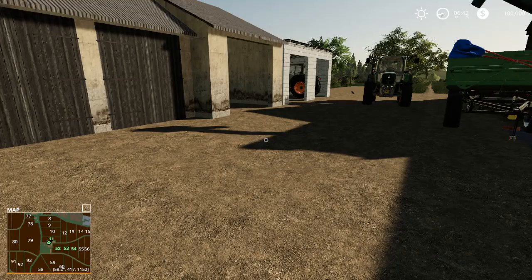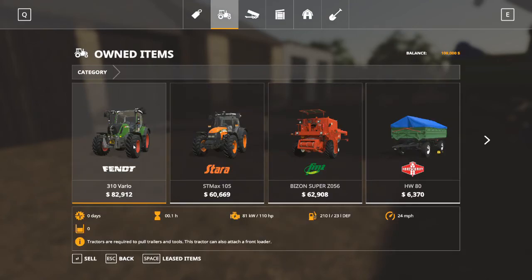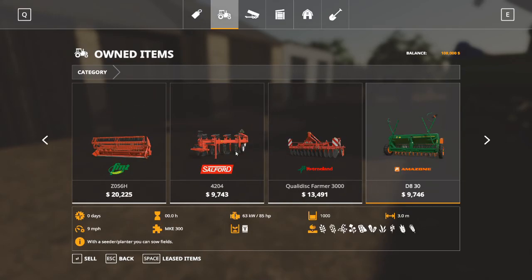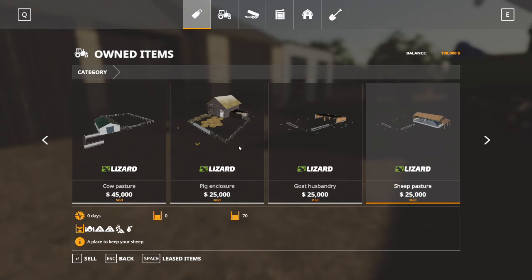Now let's go ahead and look at our garage and see what we've got. We've got the Fendt 310. We've got the Stara ST Max 105. We start with the small Bison Super Z056, a small grain trailer, header, plow, cultivator, planter or seeder. We've got the small Novacat 301 mower. We've got the Stroutman loading wagon, weight, and many